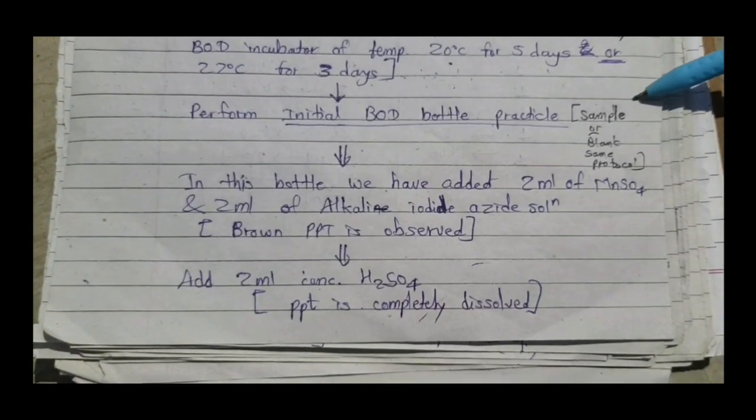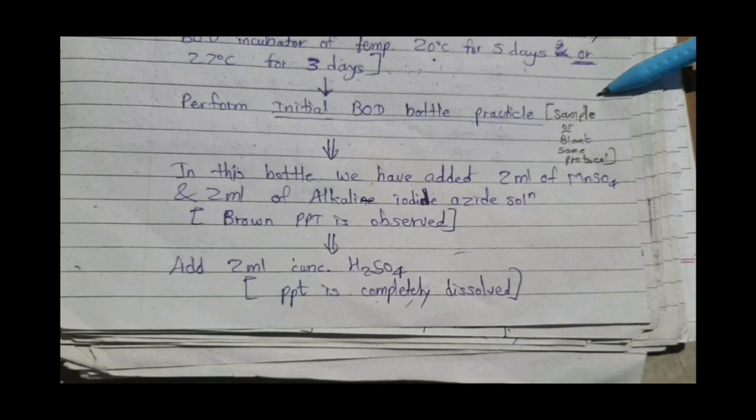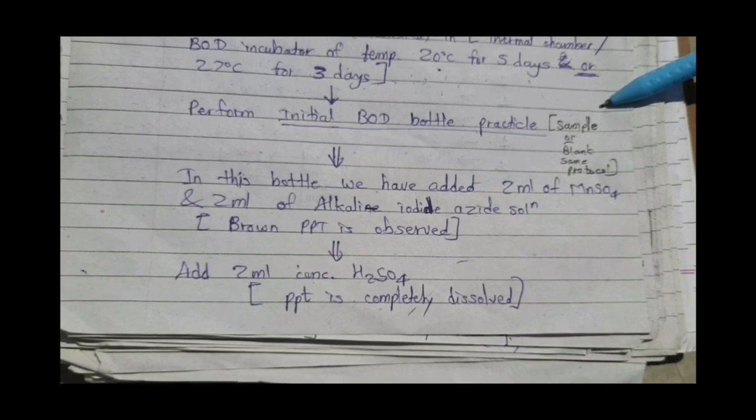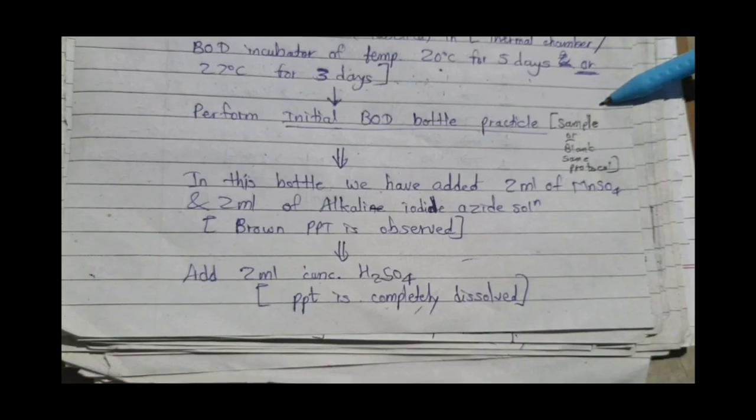Take the initial BOD bottle, add 2 ml of the manganese sulfate solution and 2 ml of the alkaline iodide solution. Also in the sample, we have to add 2 ml of the manganese sulfate solution and 2 ml of the alkaline iodide solution. Okay, after the addition in the blank and the sample BOD bottle,